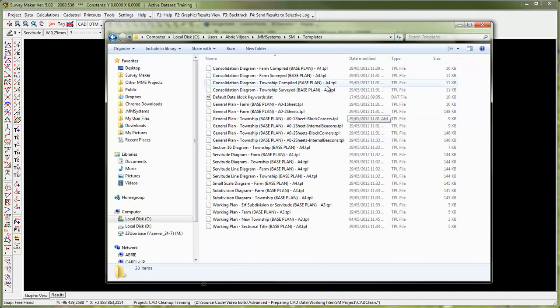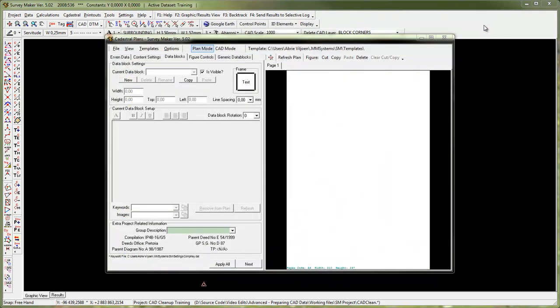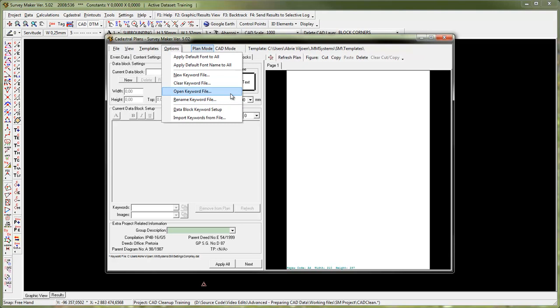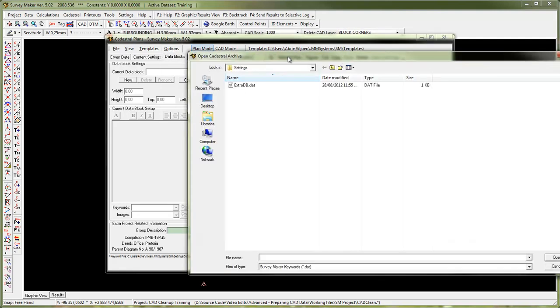Now after you've made sure that you've got the relevant templates, we can go into SurveyMaker, we can go to options, and we can go to open keyword files. Now this will load up that keyword file we want to work on. If we say open,